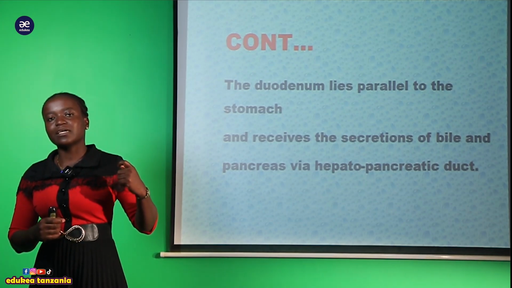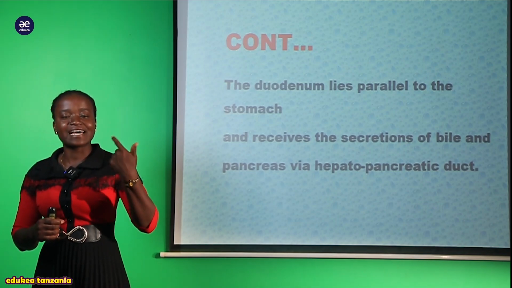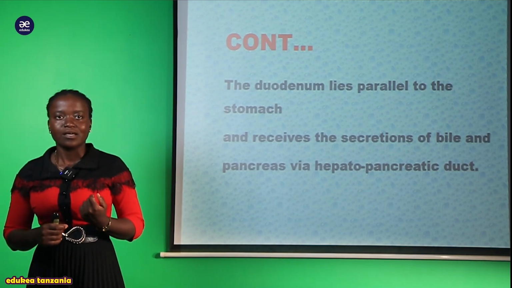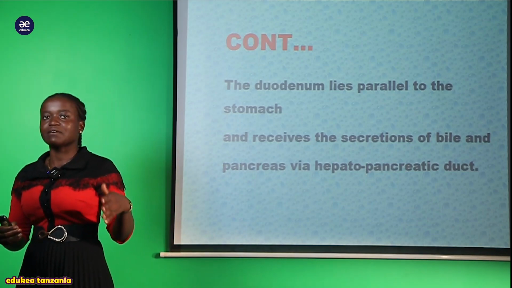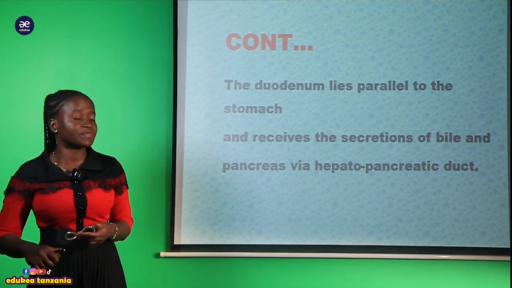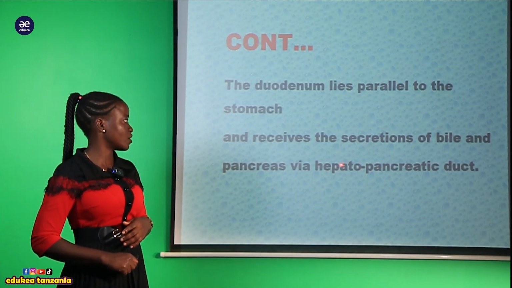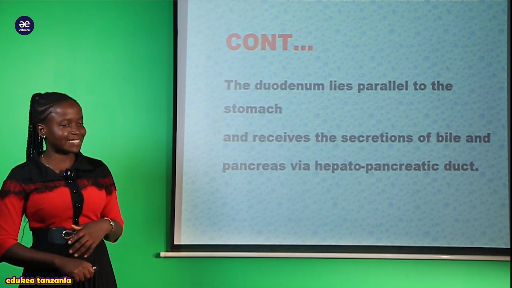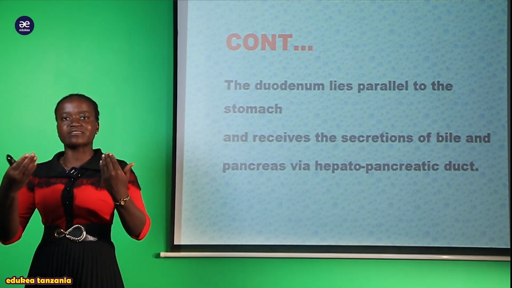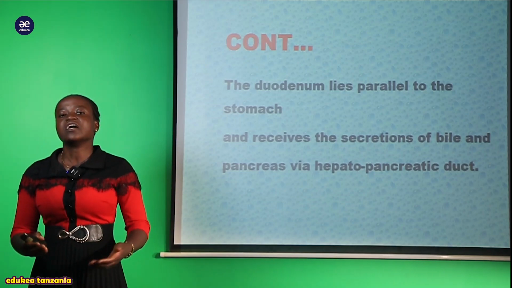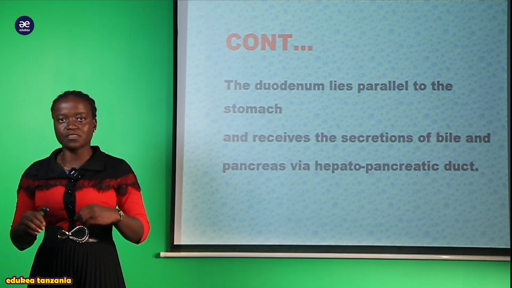Ile duodenum imekuja baada ya structure ya stomach. Because the function of this duodenum is receiving the bile pigment from the structure which is called the hepatopancreatic duct. So hii part inafanya kazi ya neutralization of the food,